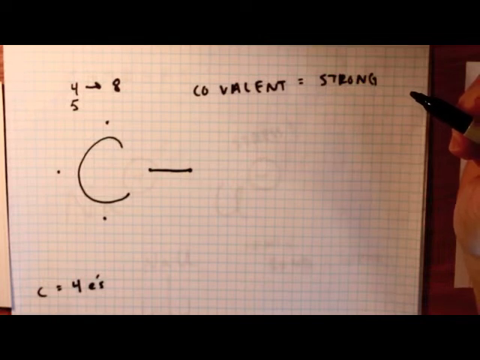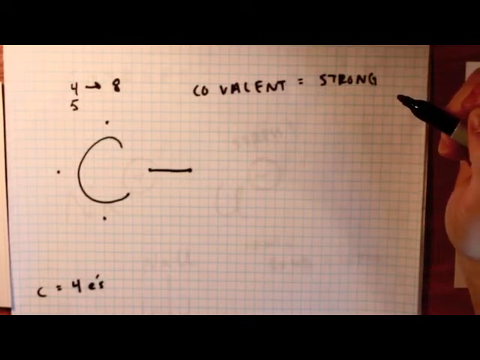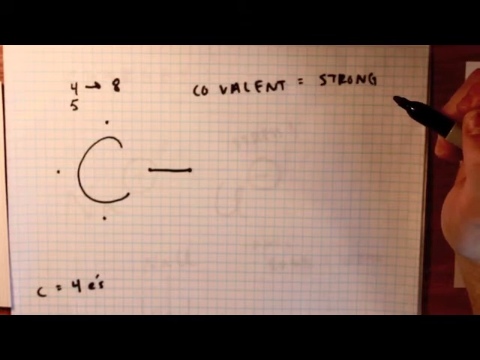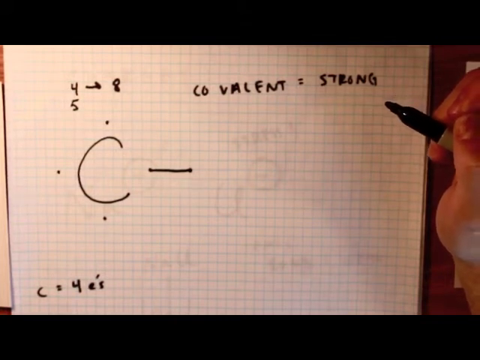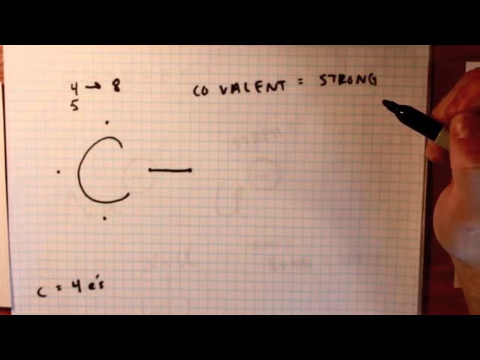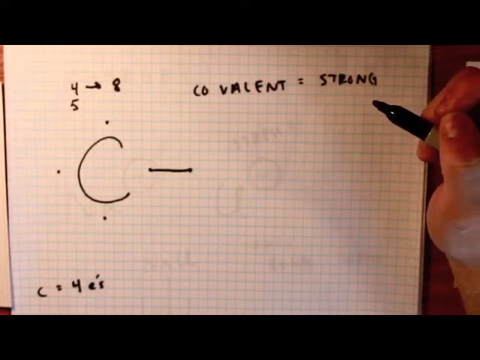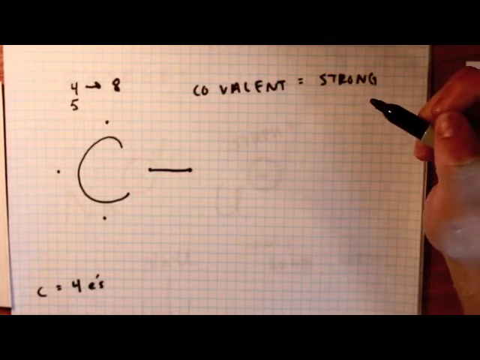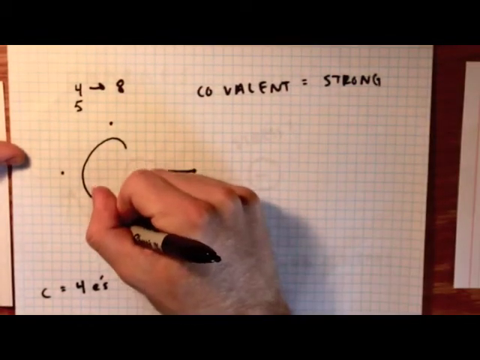But carbon doesn't really care about that right now. He's so desperate to feel like a rich guy with 8 electrons in his valence shell, and now that he has figured out this covalent bond quick fix, he's pumped. In fact, he's so pumped that he is going to do the same thing with his 3 other electrons 3 more times. He's going to make 3 more covalent bonds.